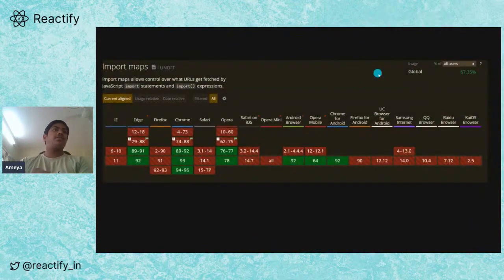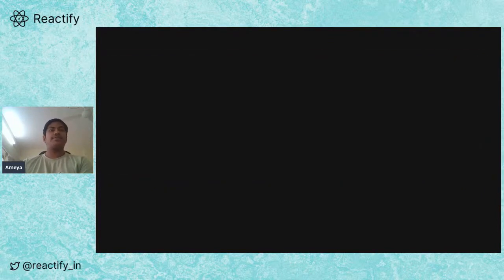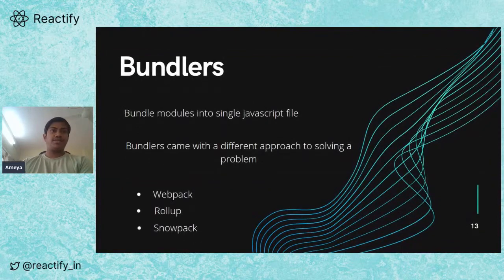This is the new feature, import map. As you can see, this feature is not supported by most of the browsers. What Babel helps us with is that you can use this feature, and transpile your code into browser-readable code that will execute this new function. It can be done by polyfills and transpilation.